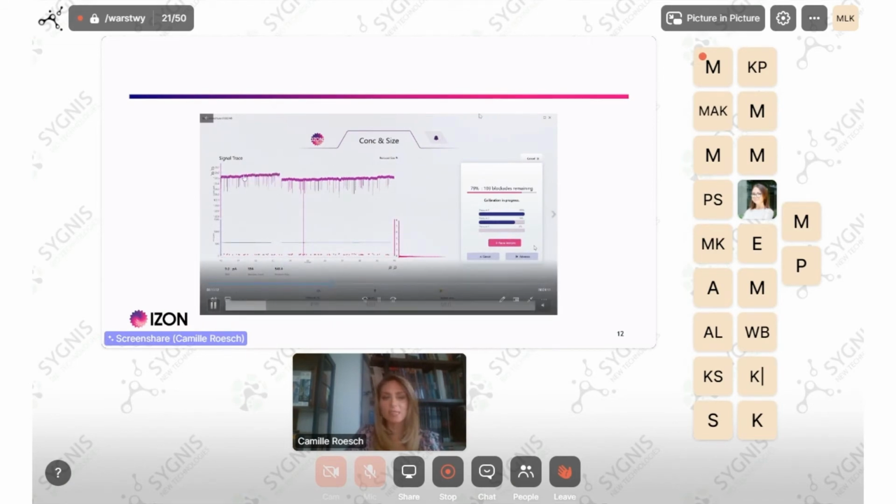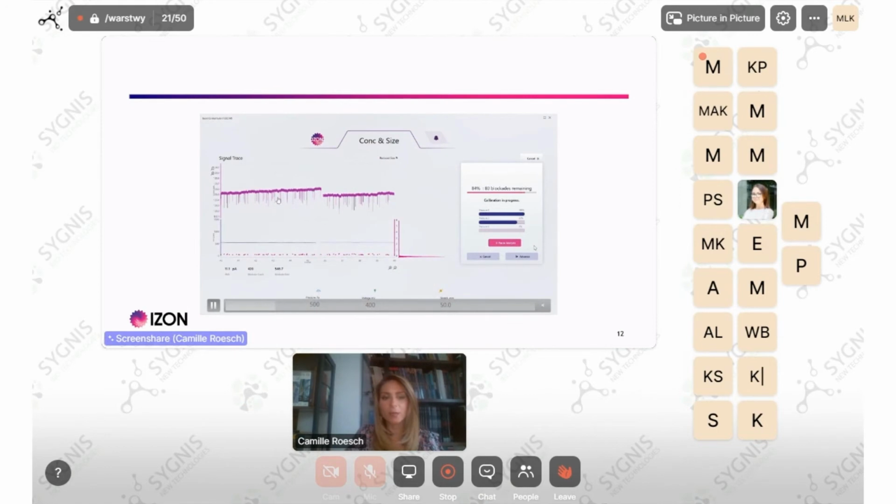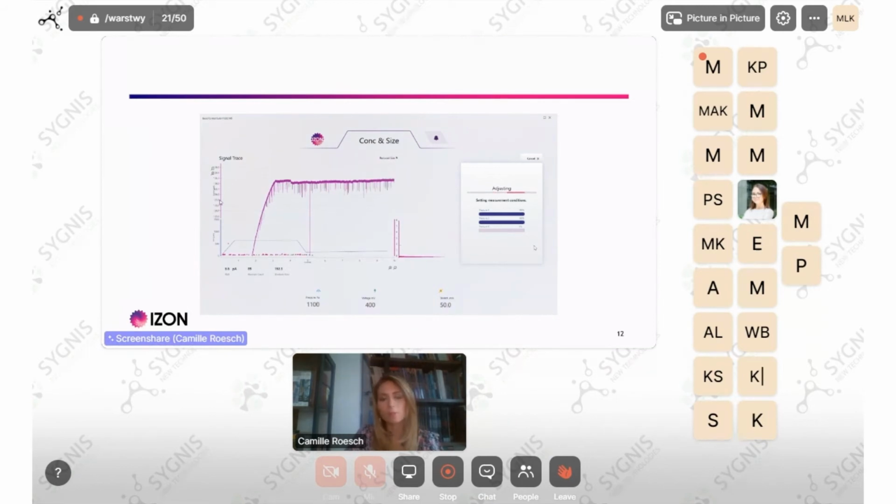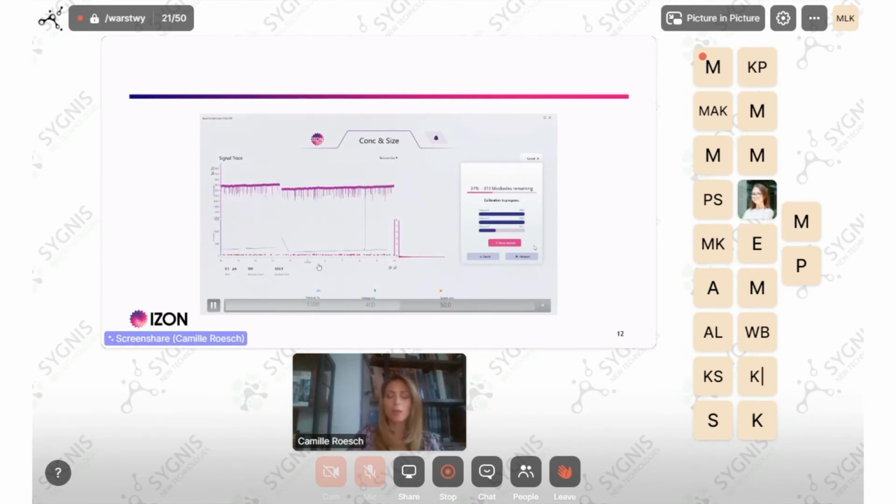As you can see, this is the signal trace, and each peak here is one particle. So that is the software interface of the EXO-8. Each peak is one particle, each red dot is one particle as well, and there you have the current expressed in nanoamperes. It doesn't really matter, but this is what I was explaining when I was talking about the electrolyte that was used. So the higher the conductivity, the higher the current, the lower the conductivity, the lower the current. And you can monitor in real time